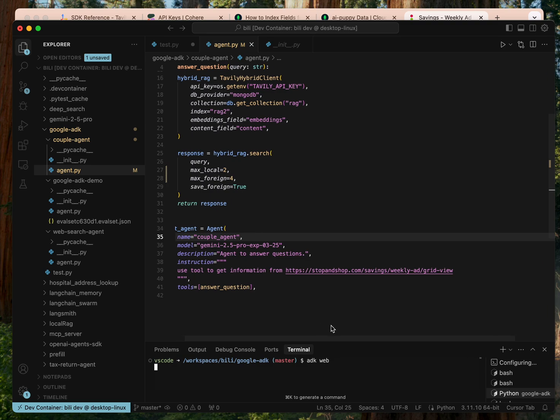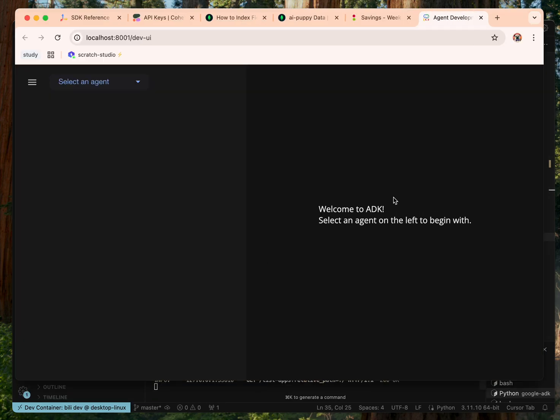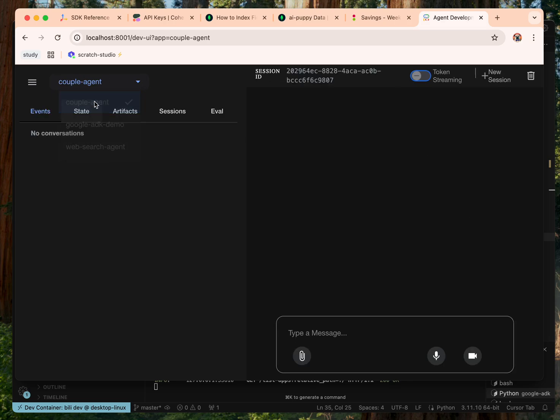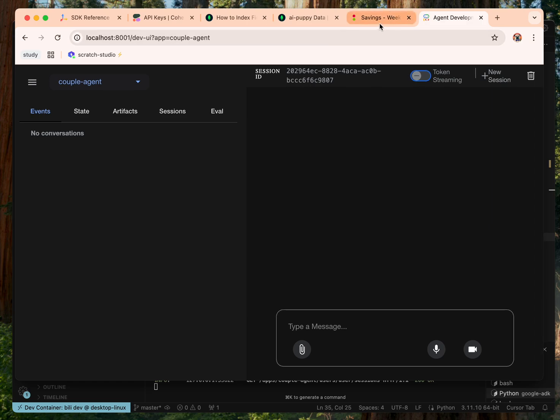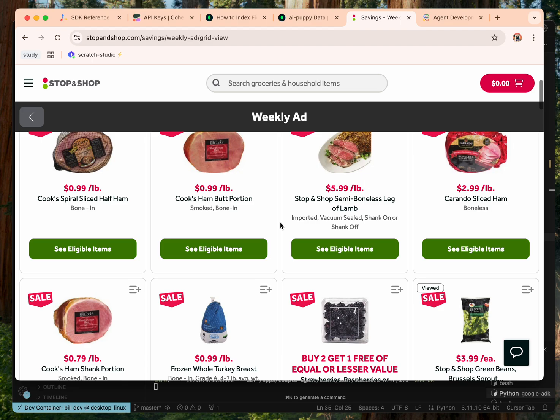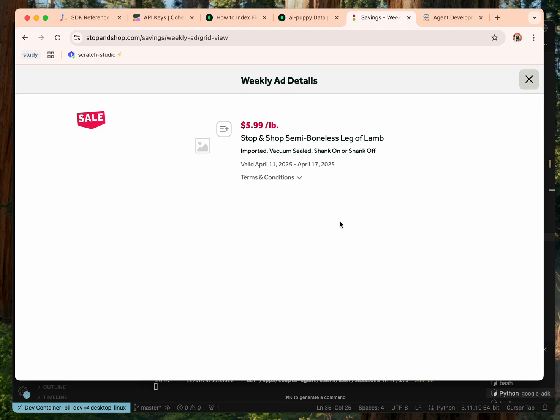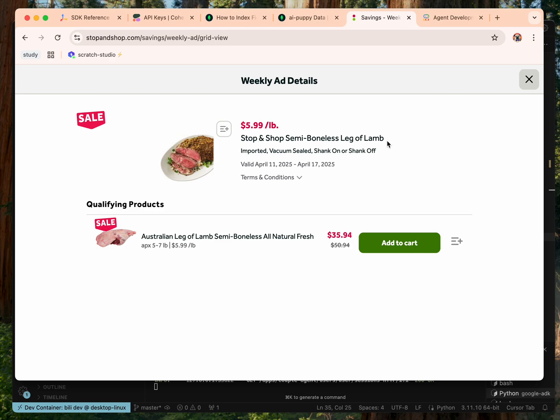Now we have the Google ADK. It comes with a nice UI. It's easier to show what happened. This is also my first time running that. Based on my previous experiment, it's not doing a very good job, but let's see. I want to show you guys this concept. Say, if I want to know the price of this,